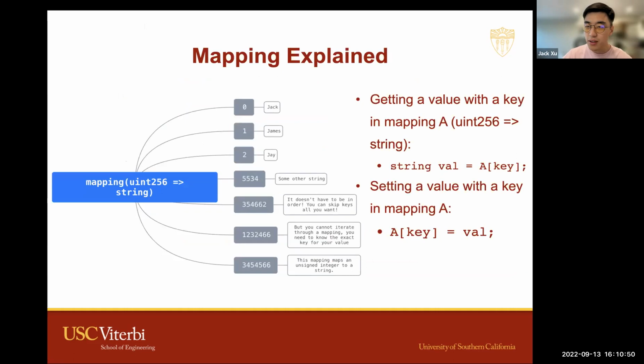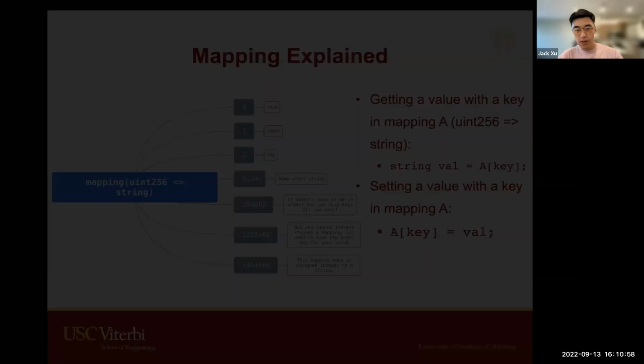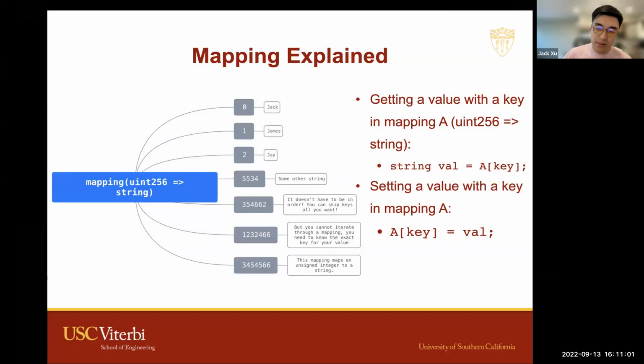So let's move on to this thing called mapping. Okay. Now, what is mapping? Mapping is the first and more or less only complicated data structure that we'll get to work with in Solidity. The other one is just an array, and an array is very easy. We'll get to it in a bit. So mapping is probably the most complicated data structure that you'll come across in Solidity. It is the most complicated data structure that Solidity will allow.